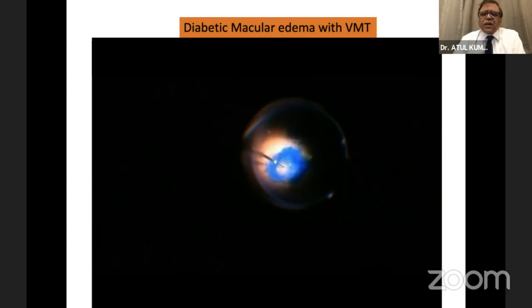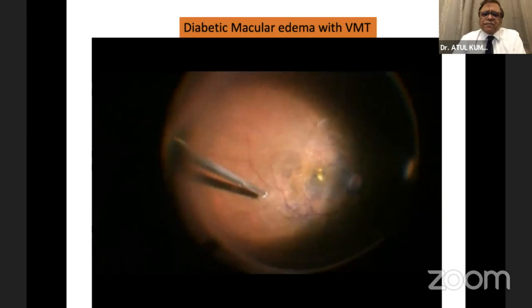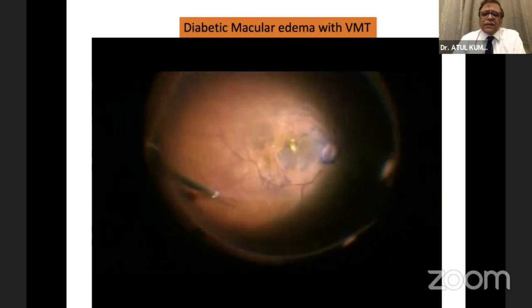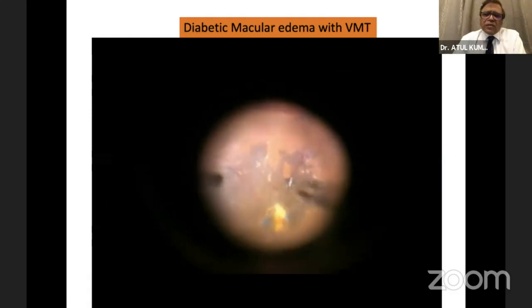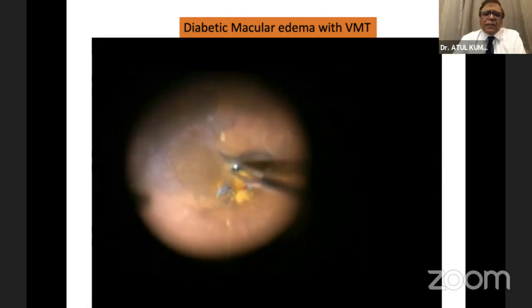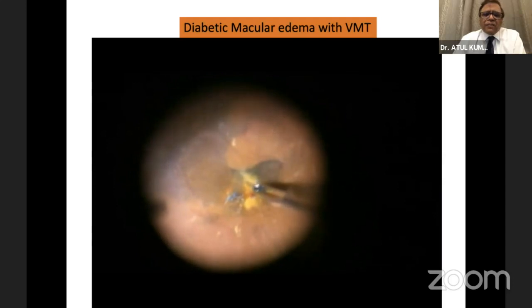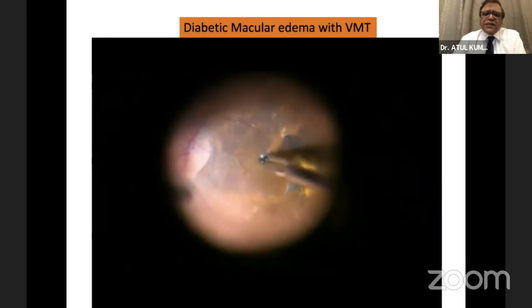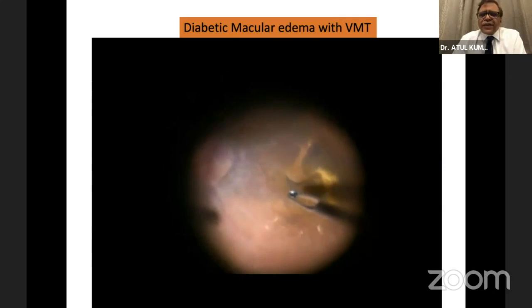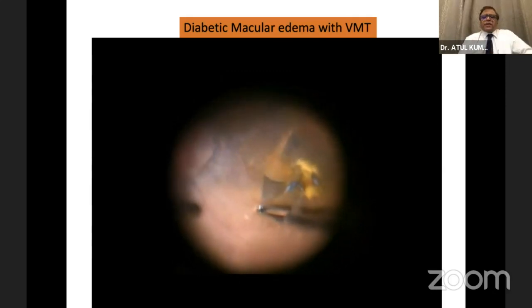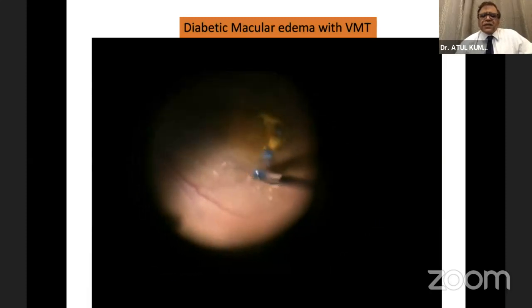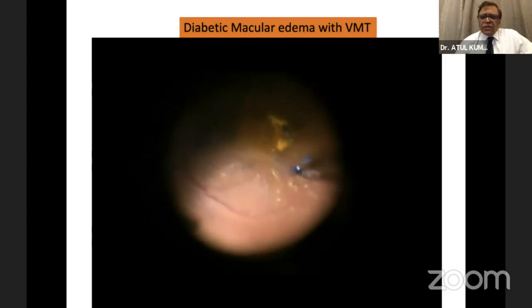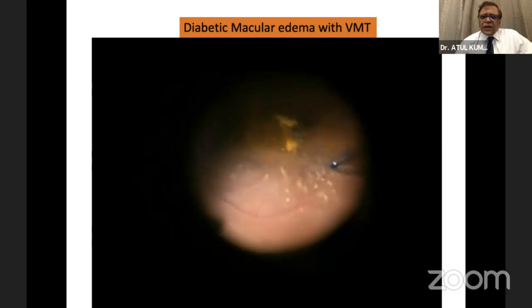So I use a Brilliant Blue G dye, and with the Brilliant Blue I get a negative staining of the ERM over it, and the ILM I may or may not take out, because ILM removal in diabetics can actually cause more harm. So only if I feel that yes, probably the exudates will get exposed to the vitreous cavity, you may have more decrease of inflammatory mediators. So if there's a definite traction, I'll just do a little bit of it. I do a center, too much of cysts in the center.